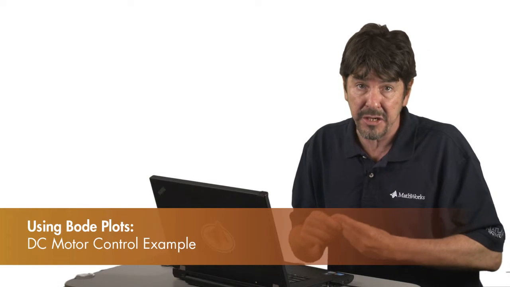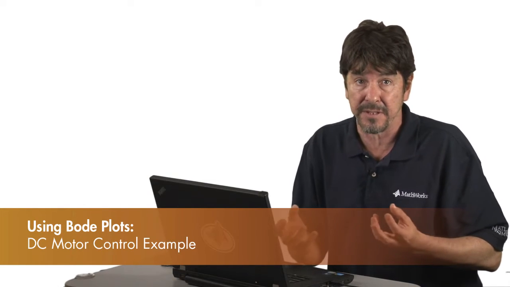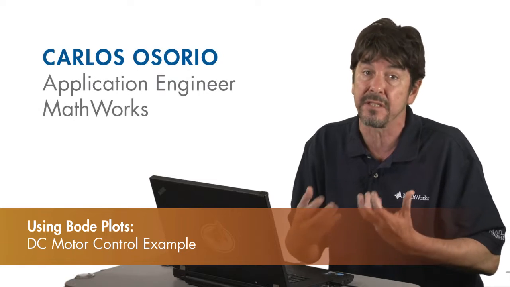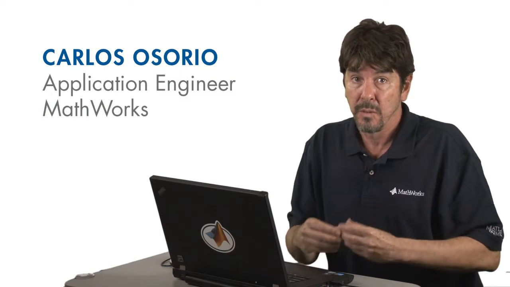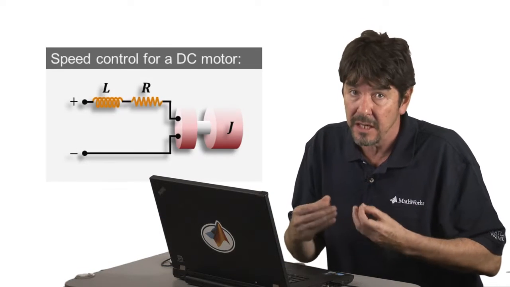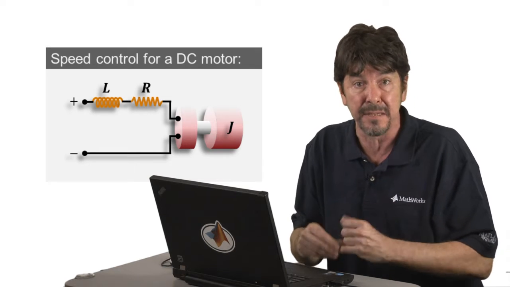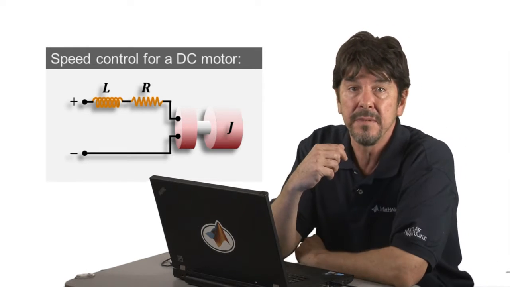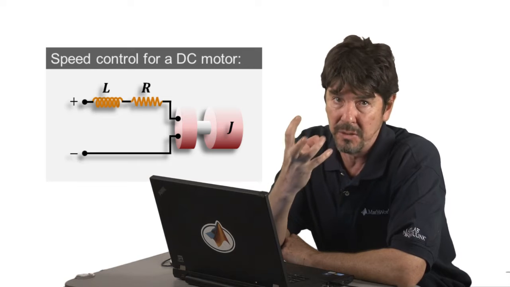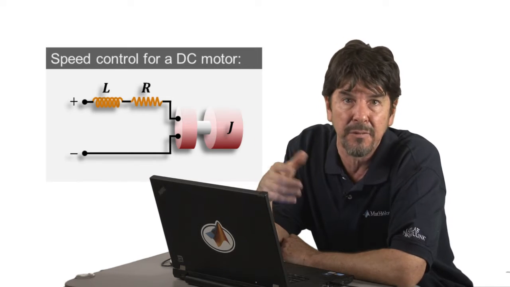I want to finish this series with a control design application example where we can make use of some of the practical concepts we have discussed so far. We're going to try to design a velocity controller for a standard DC motor. We will assume that the motor has been given to us, meaning that the parameters needed for the plant model,